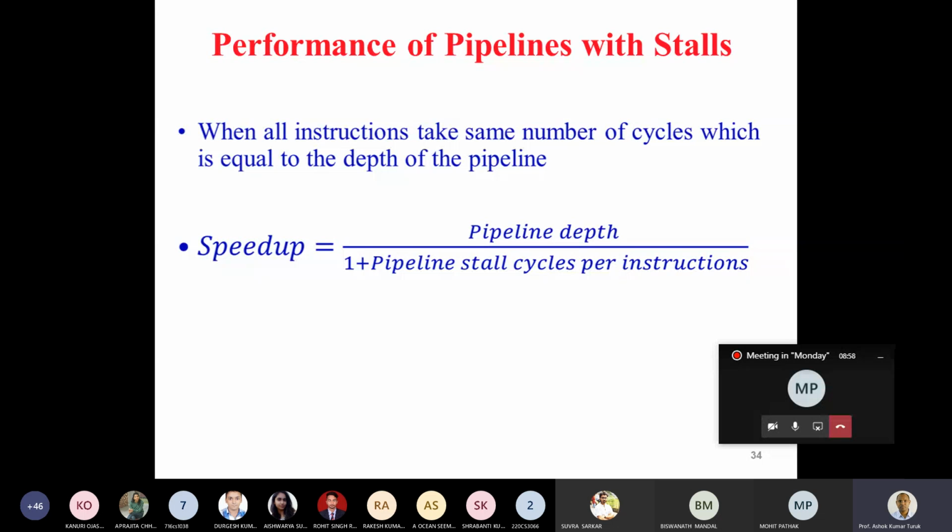So it all depends upon what your base machine is. If your base machine takes multiple clock cycles per instruction, then by pipelining we can reduce the number of clock cycles. And if your base machine has a much longer clock cycle time, then we can view it as reducing the clock cycle time by pipelining the machine. One way we have looked at; let's look at the other way, by reducing the clock cycle time. When you reduce the clock cycle time, I should also obtain the same speedup equation.